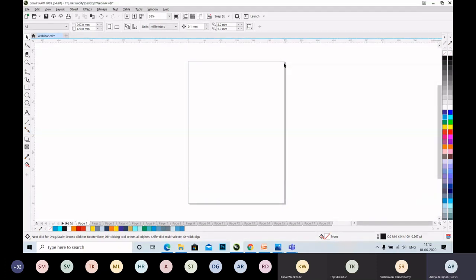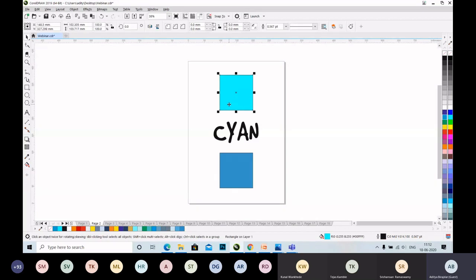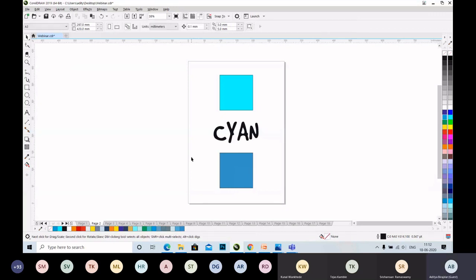Let me give you a general idea of how big the difference is between RGB and CMYK color theory. You can see two colors on my screen. What if I tell you both of these colors are the same? The brighter one here is RGB cyan and a bit darker shade is CMYK cyan. Let us now start with tools.